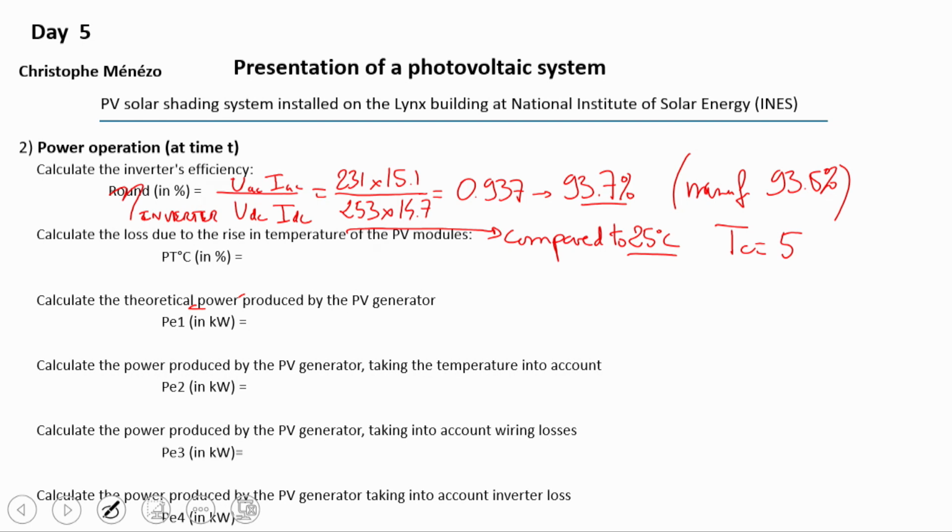What was the temperature I gave you? 55, operating temperature, for the cell temperature. 55. That means that instead of 25 degrees, which is Tc in standard configuration, we have 55. So we have 30 degrees of difference. So it is 30 multiplied